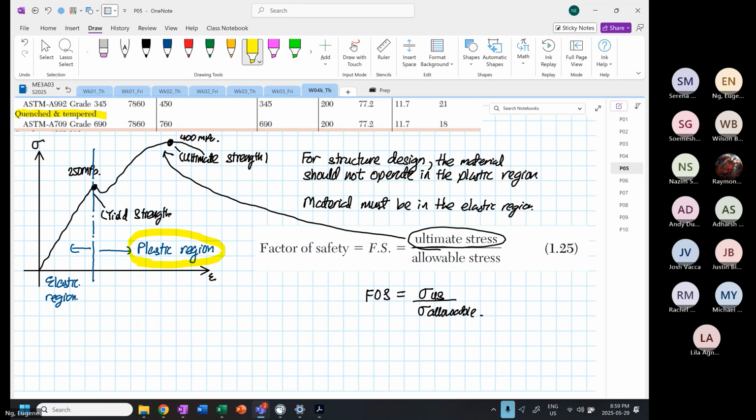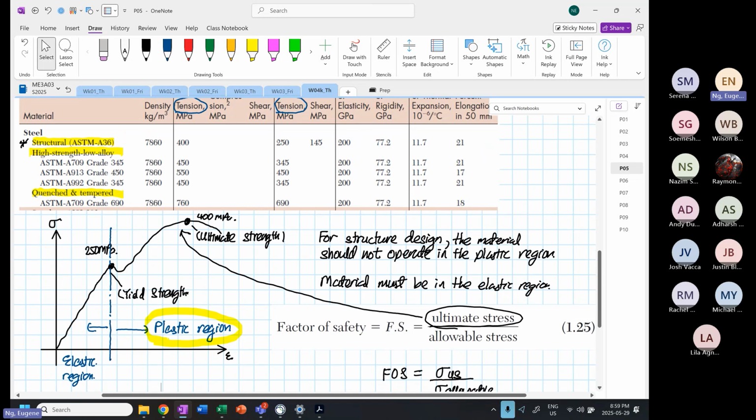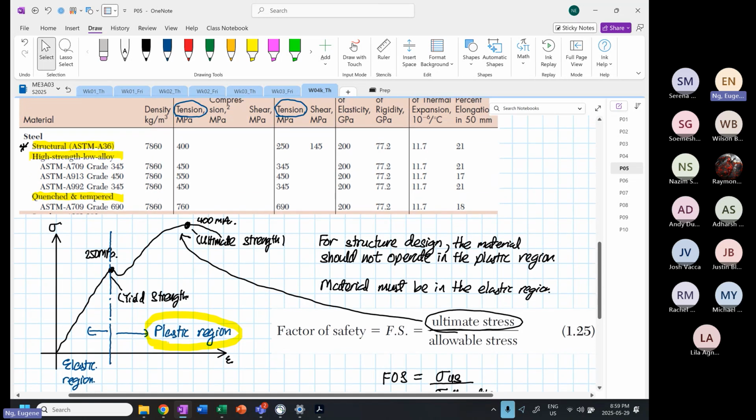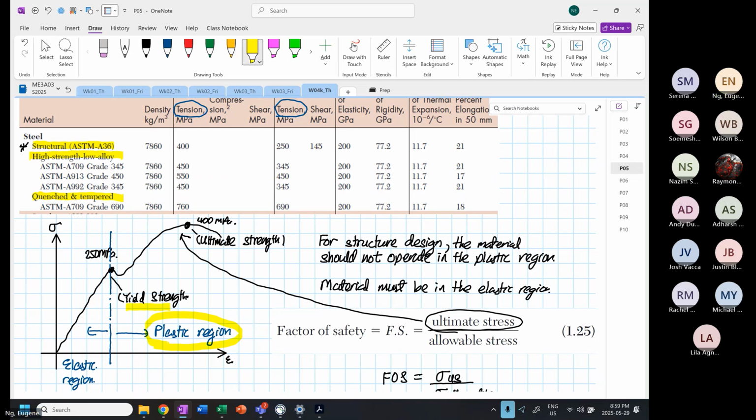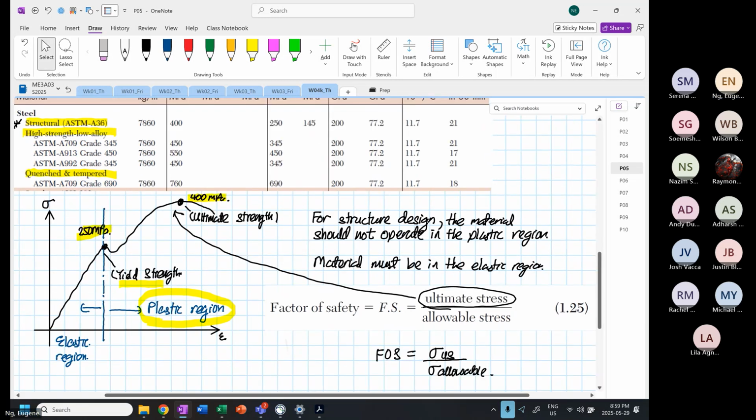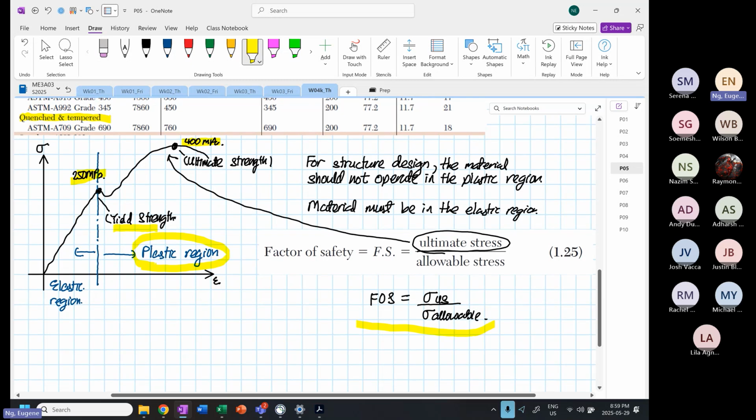Now, if you look at the stress-strain curve of structural steel, ASTM A36, we know that we have a yield strength of 250 and an ultimate strength of 400. Okay. If we were to use this formula,